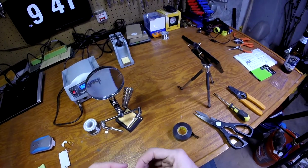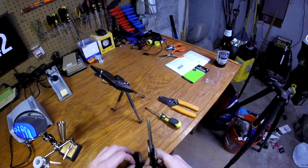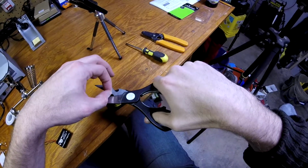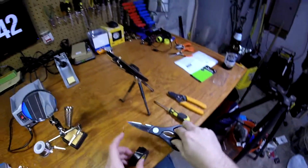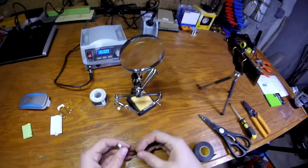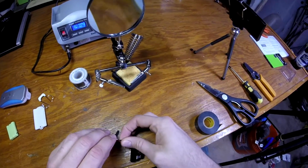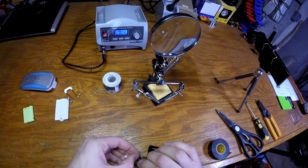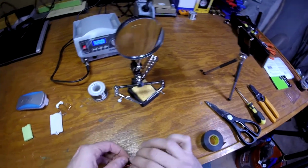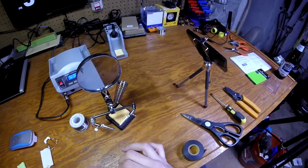If anybody has any suggestions, I don't know if it exists, if there's any kind of liquid, almost like liquid electric tape. I haven't really looked into it for things like this, because I hate just globbing electrical tape onto things like this. And shrink tubing's nice, but it's also finicky. There are always wire sizes in between the available heat shrink tubing sizes. Okay,